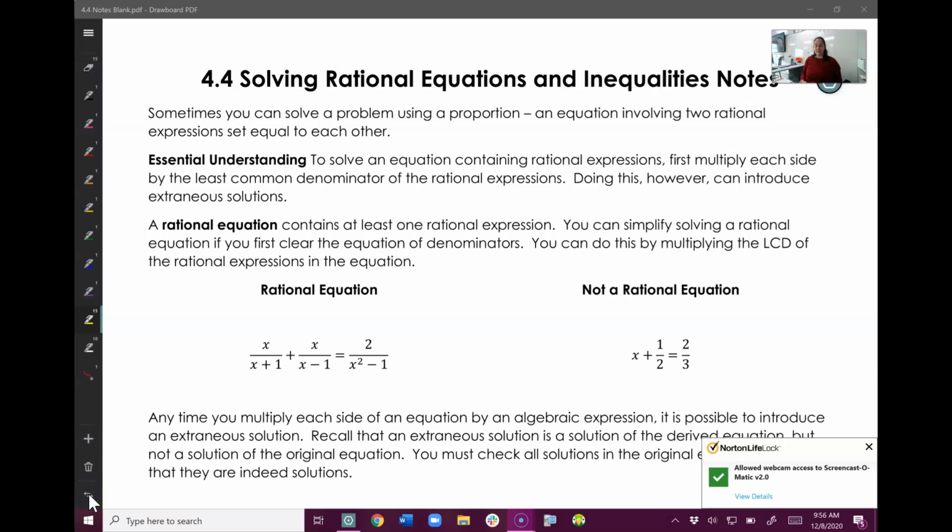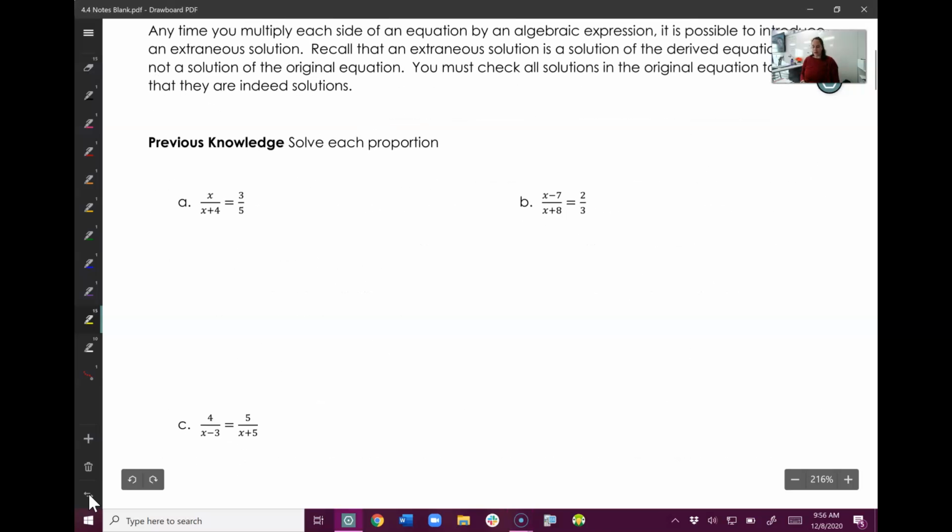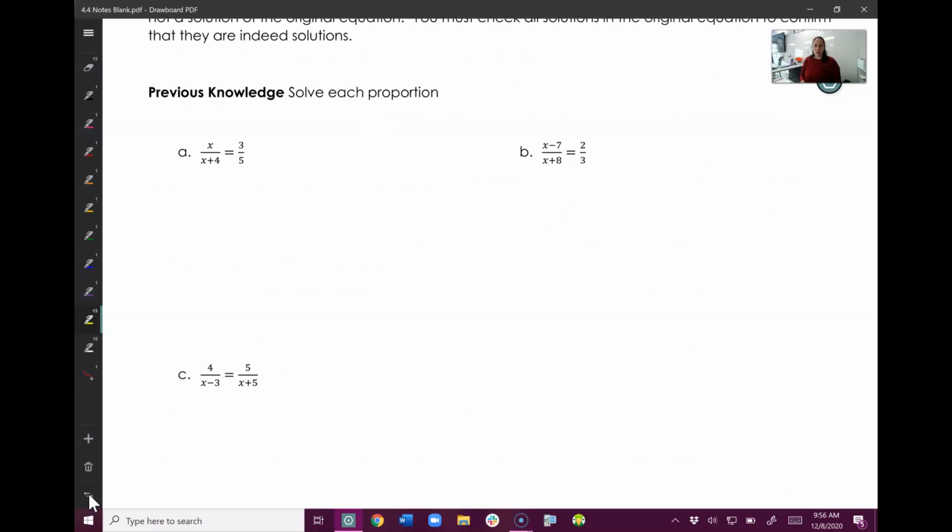Welcome to the last lesson in Unit 4. In this lesson, we're going to go old school. It's all about your classic solve for x. So we're going to have a bunch of rational equations, meaning equations with fractions, and we have to solve for